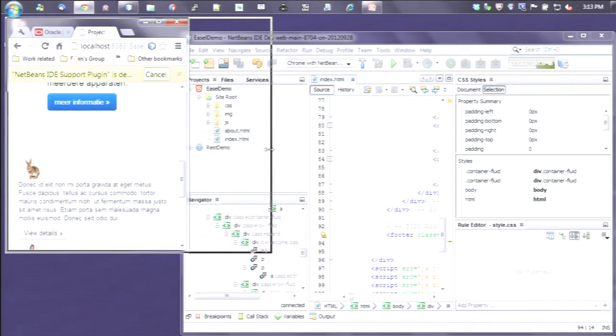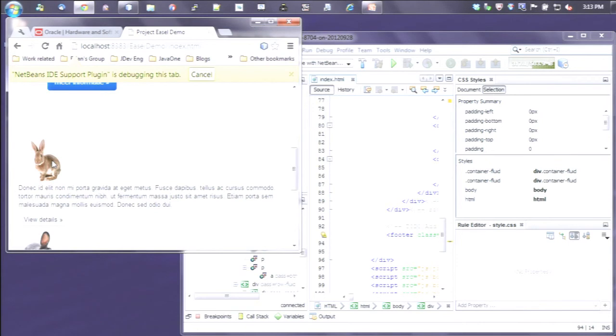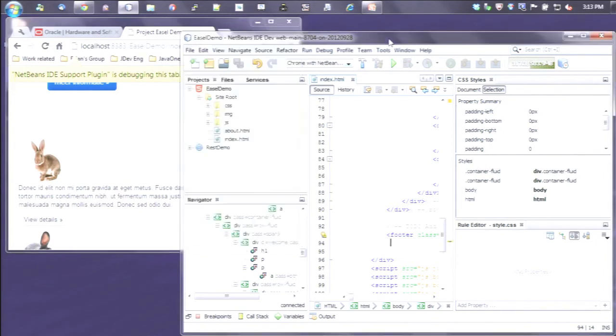So these are using a combination of CSS3's fluid grids and media queries, which if you've ever dealt with responsive design, it's actually a little complex. You've got to figure out where this image is and what CSS media query it is in and all this other kind of stuff. So what we've done in the IDE is now I can actually move around in the IDE,